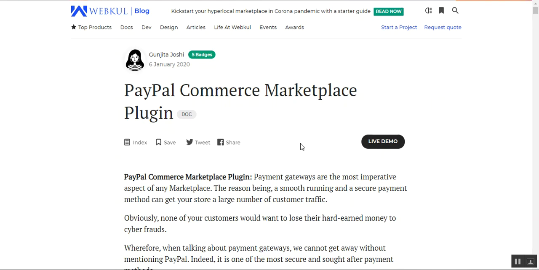Apart from that, we'll also be showing you how the admin and the marketplace sellers can set up the PayPal commerce so as to receive the payments from their customers. We'll also be showing you that the admin and the sellers can make a refund for the orders that have been placed by the customers using this PayPal commerce marketplace plugin itself. And the customer also must have a PayPal account to make a payment while purchasing the products within your multi-vendor marketplace